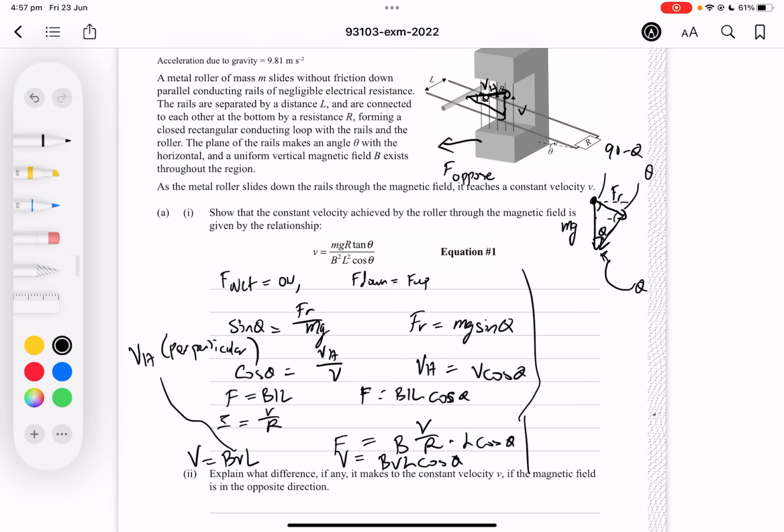Okay, so we have F equals B times BVL cos of theta times L cos of theta over R. So F equals B squared times L squared times cos squared theta times V